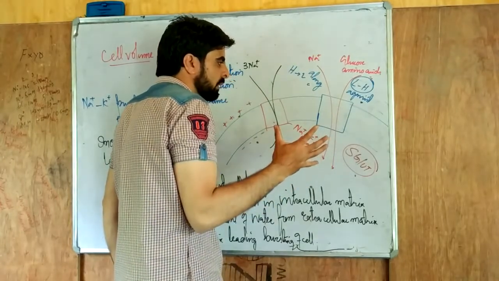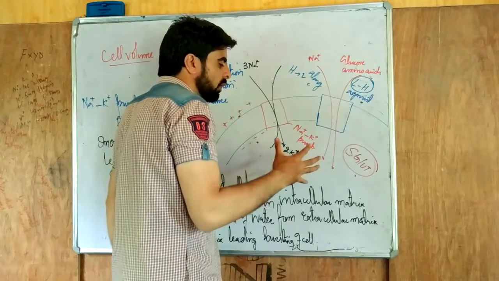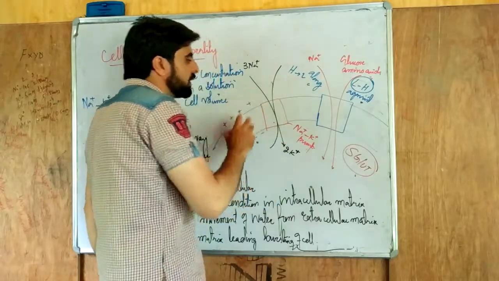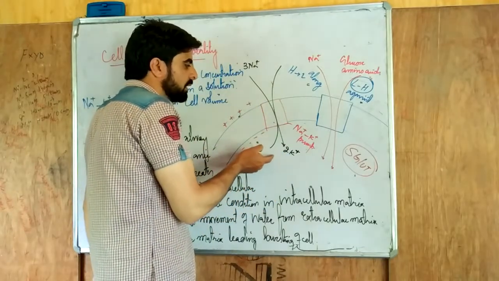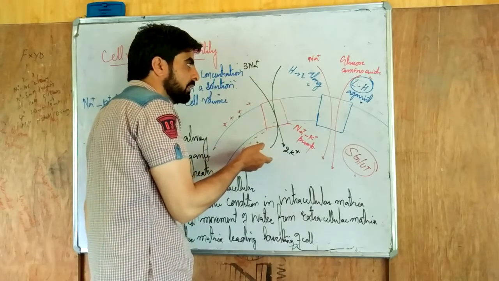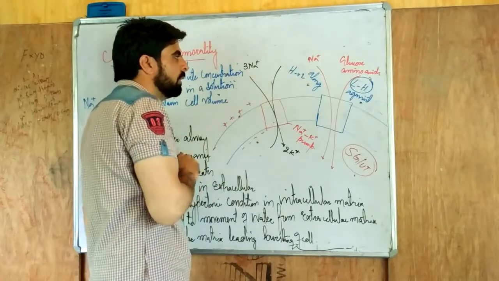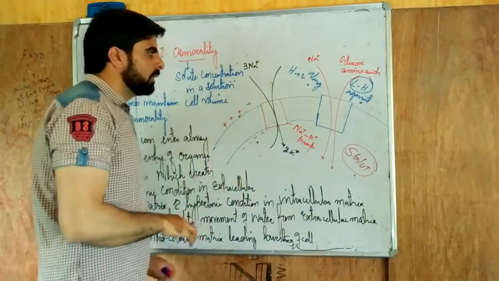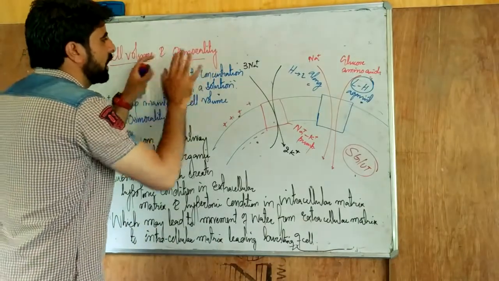The cell volume increases, because the osmolality is not maintained. The cell volume increases, the cell bursts. But what happens? The sodium potassium pump takes this sodium out from the cell. That means it takes it out actively, not passively, because the sodium concentration inside the cell is very less. So sodium is actually pushed out to the extracellular matrix, so as to maintain the high concentration of sodium in the extracellular matrix. So the sodium potassium pump is maintaining the cell volume and the osmolality of the cell.